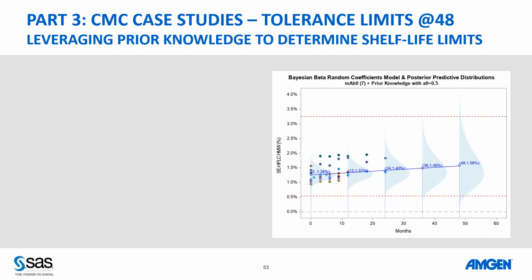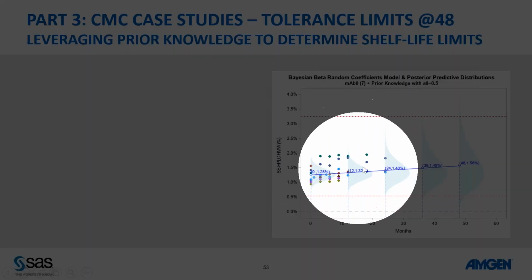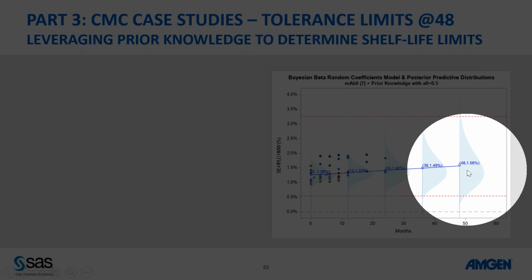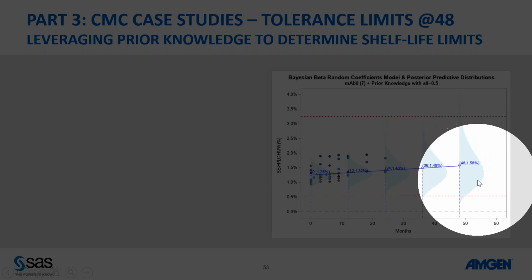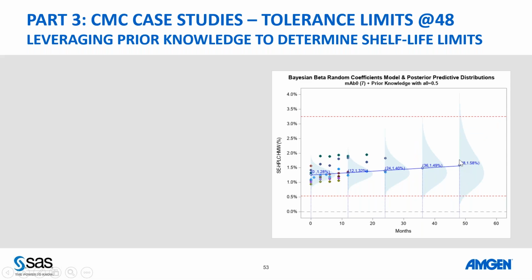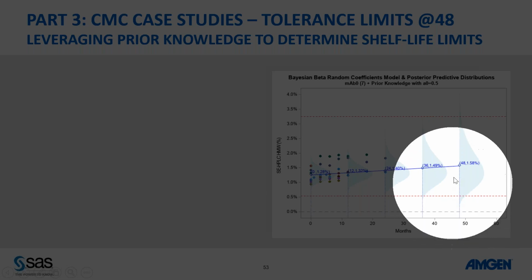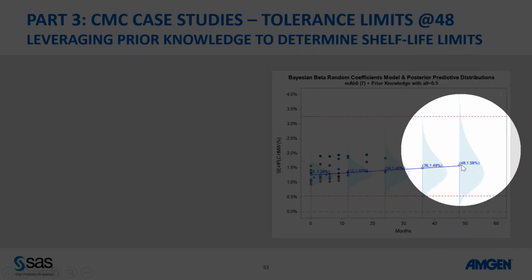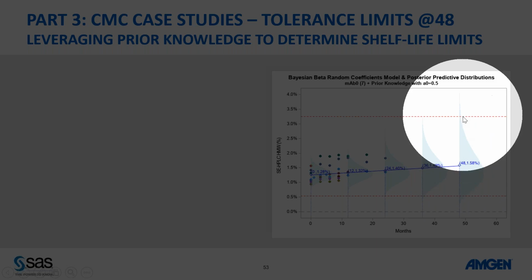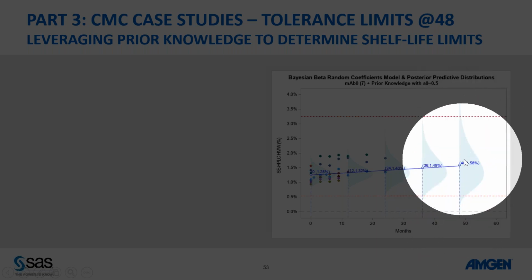One thing to notice here, what you're looking at is the prediction line, that's this blue line here. At 24, the prediction is 1.4%. At 48, the prediction is 1.58%. And these are the posterior distributions at each time point. This is beautiful for me because at each time point, you have a posterior distribution. So if you want the tolerance bounds, what you need are the quantiles of these distributions. At 48 months, these red lines are the quantiles of that distribution. We want a 99% coverage, so these are the limits that leave 99% of that.